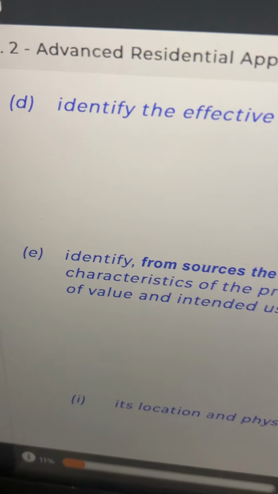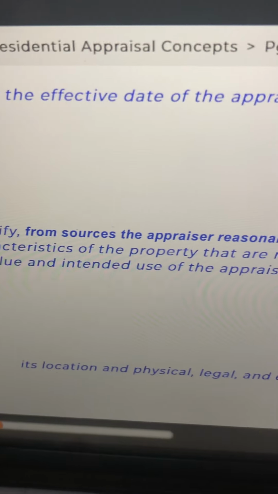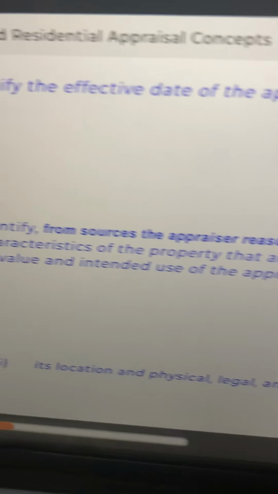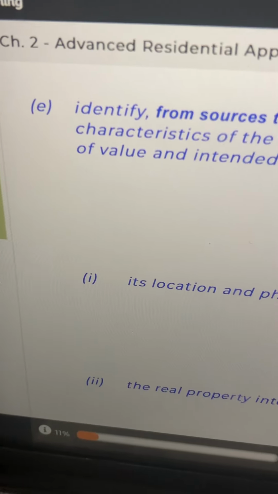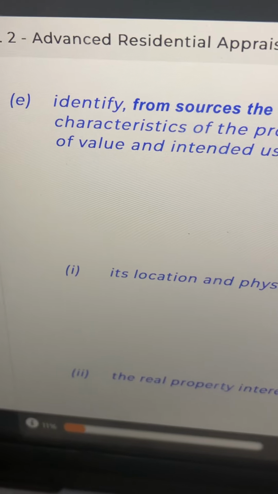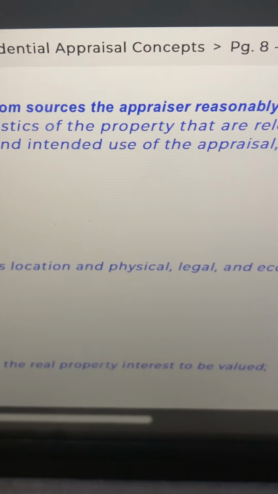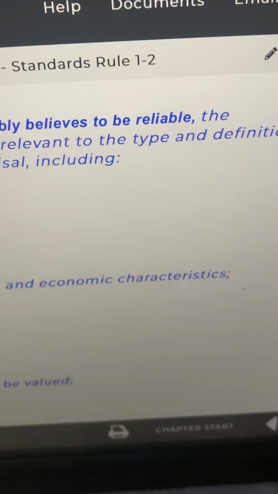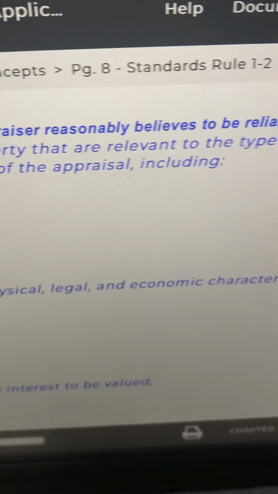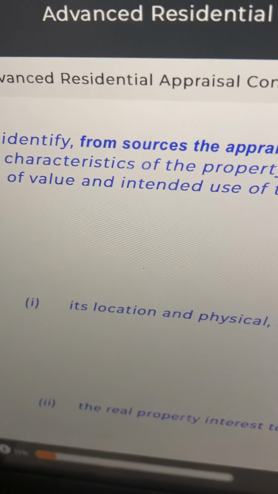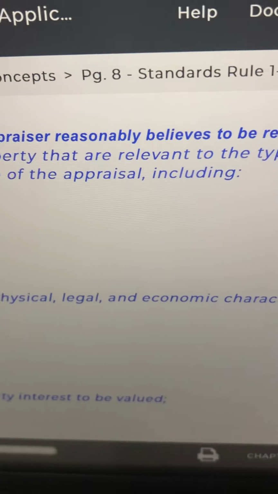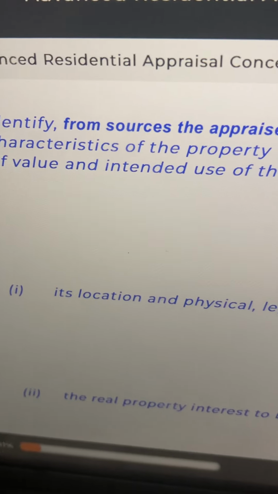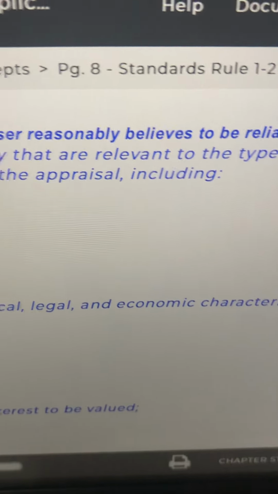D. Identify the effective date of the appraiser's opinions and conclusions. E. Identify from sources the appraiser reasonably believes to be reliable, that's highlighted, the characteristics of the property that are relevant to the type and definition of value and intended use of the appraisal, including